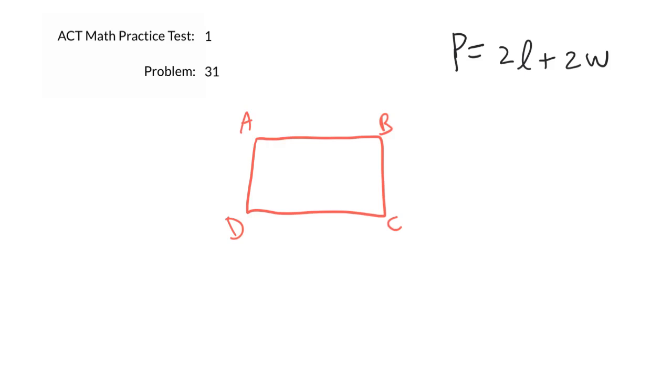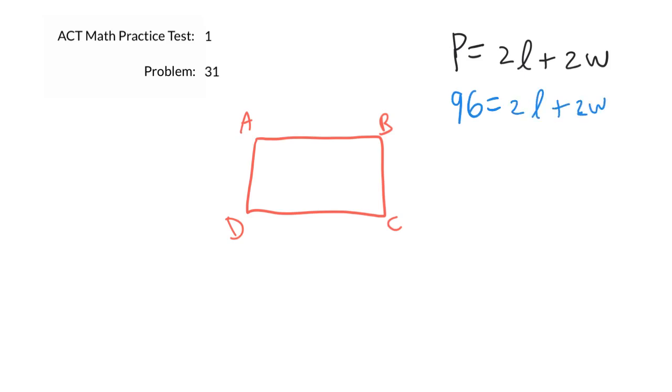But if you think about it, what you've done is you've just added the length plus another length, and then a width plus a width, and therefore it's really 2L, 2 times the length plus 2 times the width. So it does make sense. Now, when we acknowledge that the perimeter of the rectangle is 96, that means that we could write this equation, 2L plus